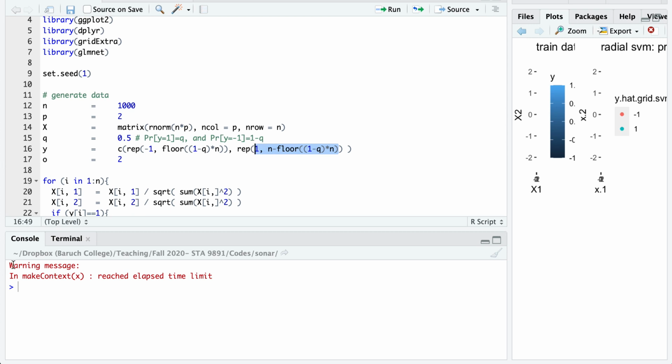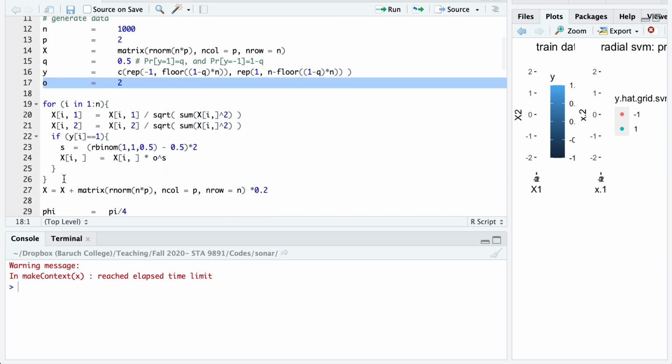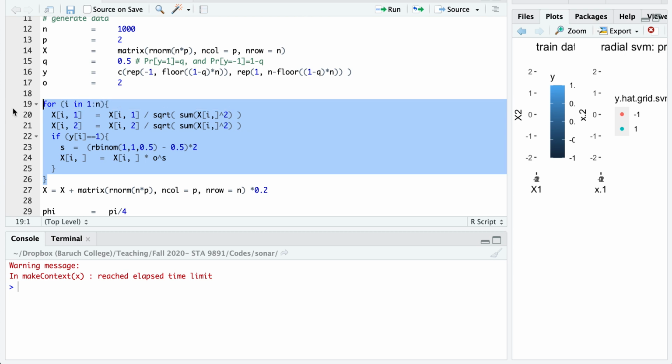So we create roughly a proportion of Q ones. O is 2. O is not a standard deviation, it's a factor that will become clear in a second what it does. Here we go over